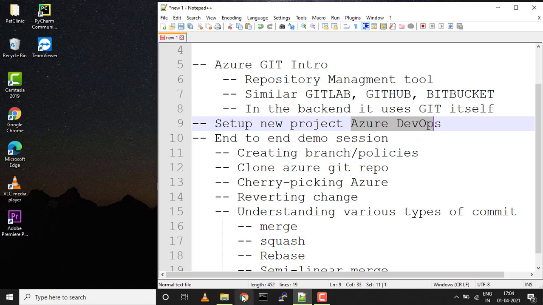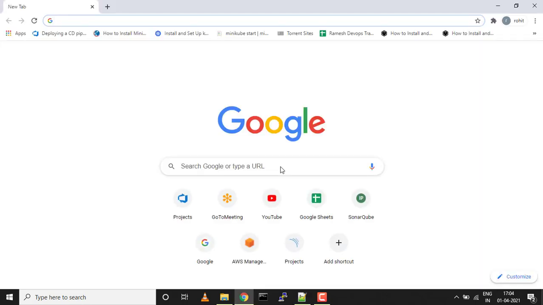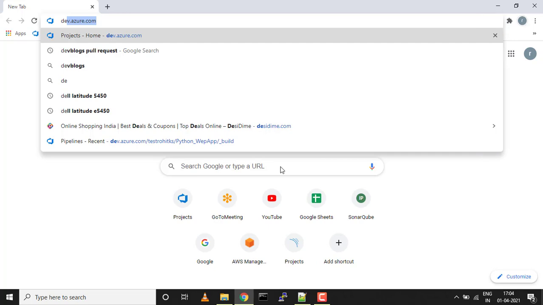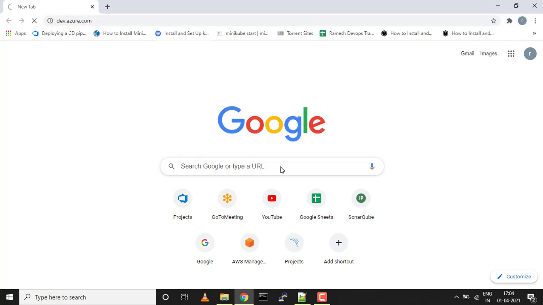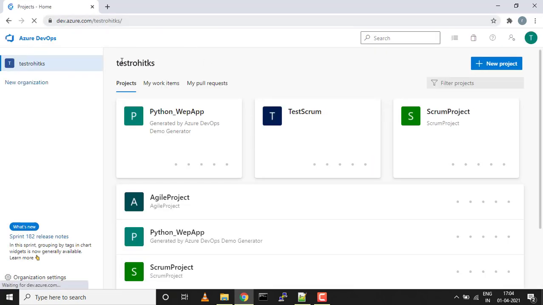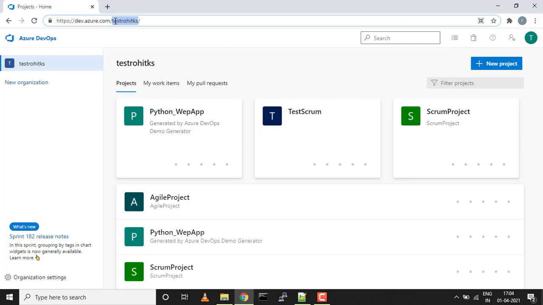If you are new to Azure DevOps, just go to dev.azure.com and sign in. That's free. I already have an account, so I will not do it. It will take me directly to my project. The test Rohit KS is my project name, so it took me directly to that project because I'm already signed in.